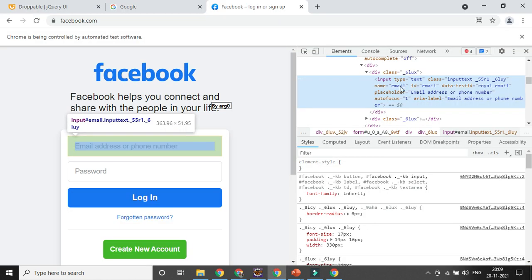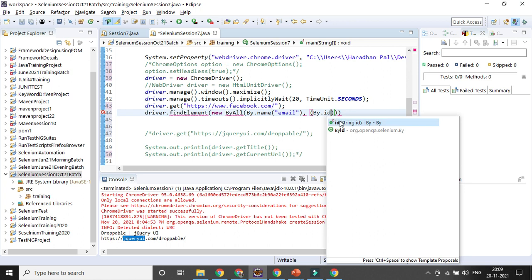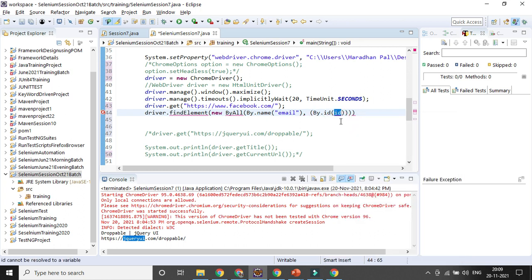Name is email, ID is email. That is one option, By dot name. Then I can go for the ID, By dot id here. Then dot sendKeys.